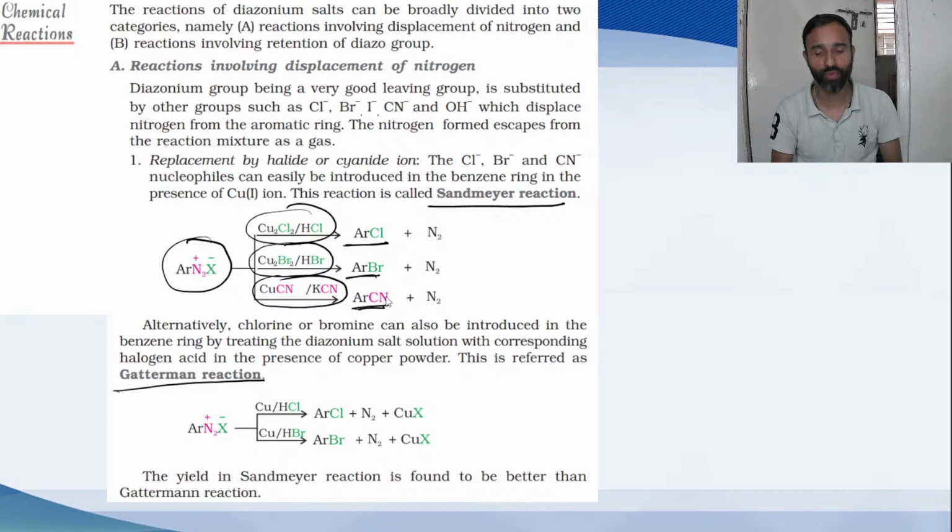bromobenzene, cyanobenzene. But with copper metal in HCl, copper metal with HBr, we get chlorobenzene, bromobenzene. That is called Gattermann reaction. And with cuprous chloride, we call it Sandmeyer reaction. But the yield of Sandmeyer reaction is better than Gattermann reaction, because in Sandmeyer reaction we use